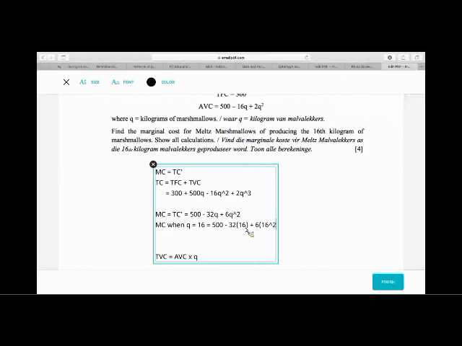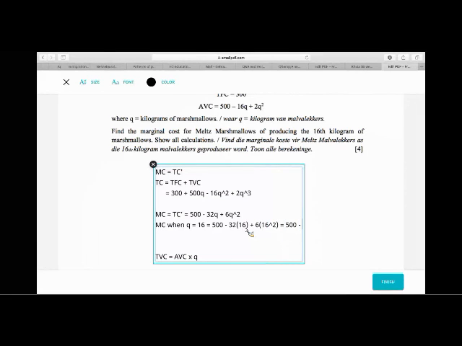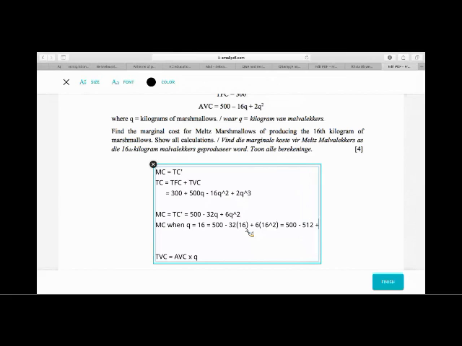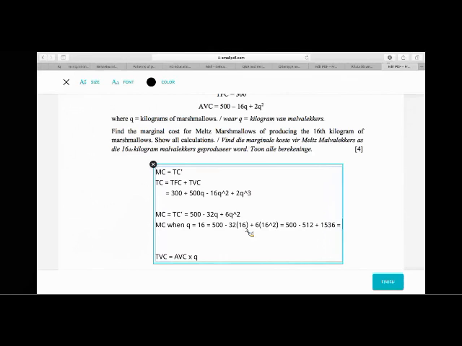So that's going to give me 500 minus 32 times 16, which is 512, plus 6 times 16 squared. So 16 squared equals 256, times 6 is going to give me 1536. So the answer is going to be